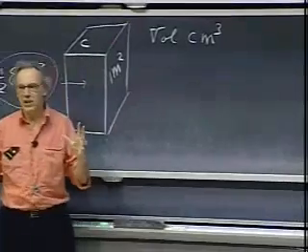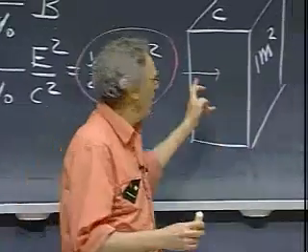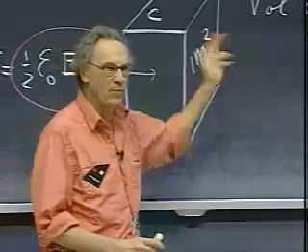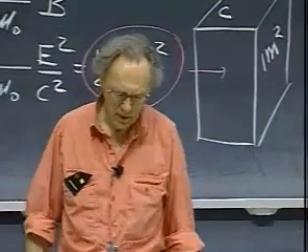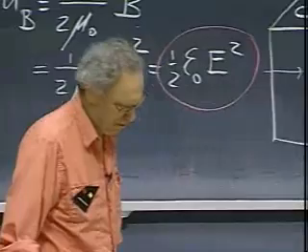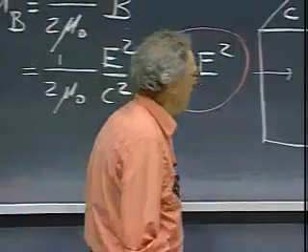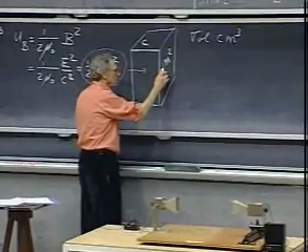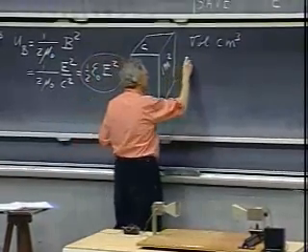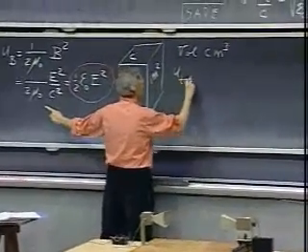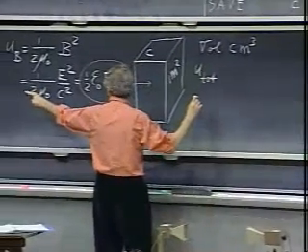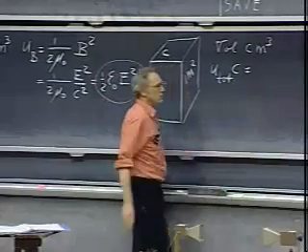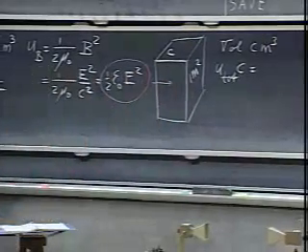And all the energy in that box is going to come out here in 1 second, because I know that electromagnetic waves move with the speed of light, which is c. And so therefore, the energy that comes out here per square meter per second is that U total there that I have, which is the amount of energy for every cubic meter, but I have so many cubic meters. And so I can use this result now here,